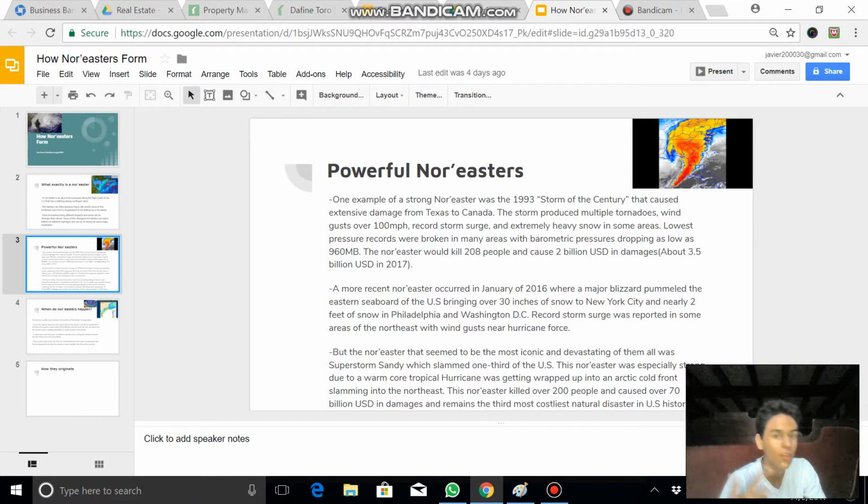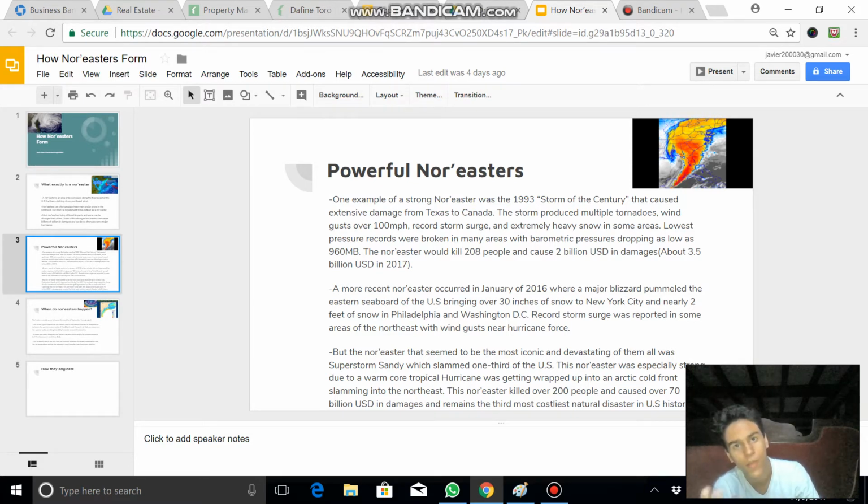The one example I could really give as a super strong nor'easter that could be compared to major hurricane status storms was the 1993 Storm of the Century, which caused extensive damage from Texas to Canada, also affecting Cuba, and brought winds up to category 2 strength in some areas. We had, I think, 100-mile-per-hour wind gusts reported in Cuba and maybe in parts of Florida as well, where we had a huge squall line of thunderstorms producing a lot of tornadoes around the southeast area.